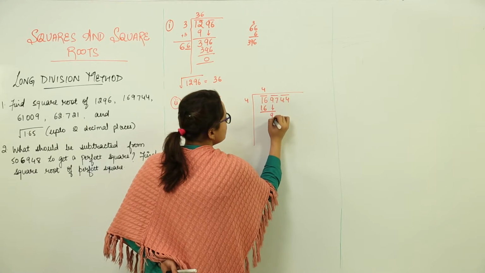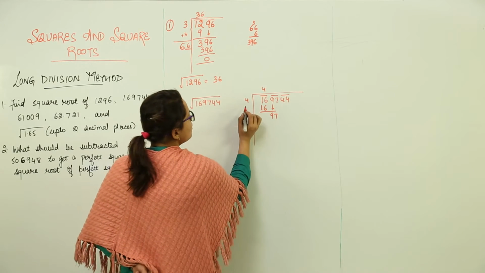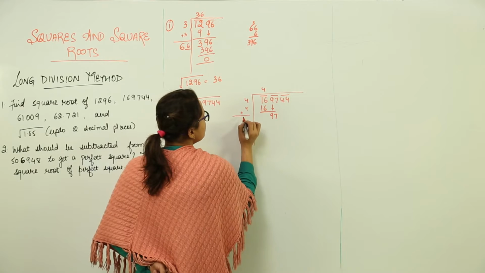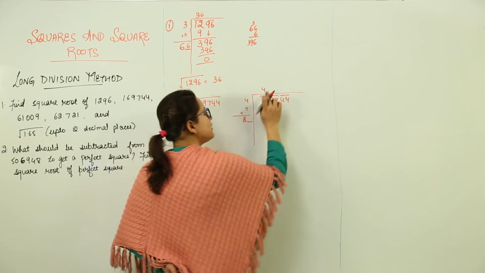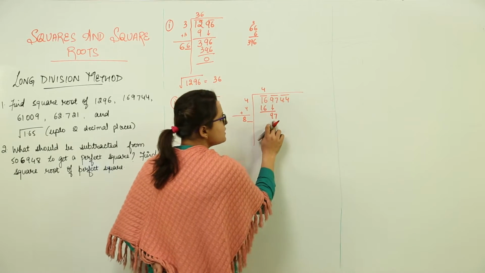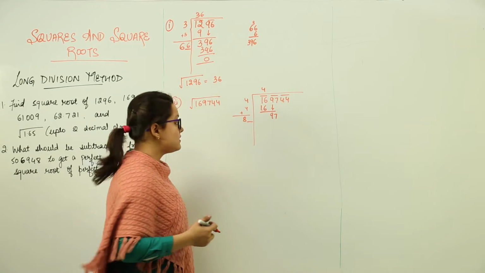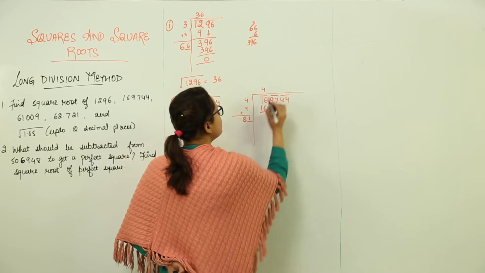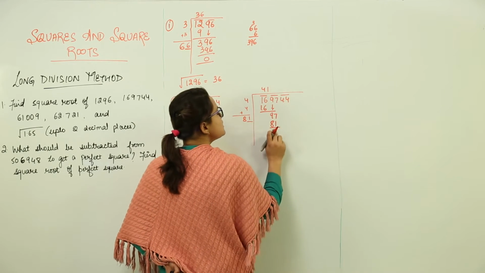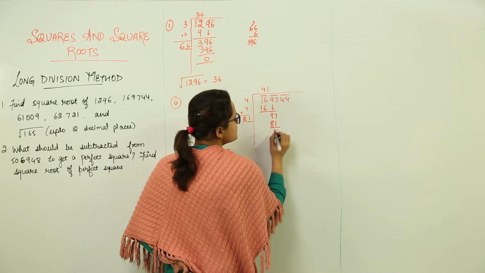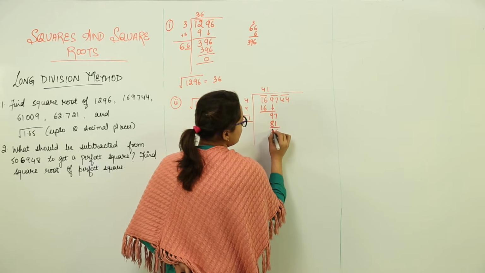Remainder is 0. We note down the next number. Now you add 4 with 4 itself. What do you get? 8. Now think of a number which would come here and here as well to give you 97 or a number less than 97. It would go with 1. So we get 81. 81 ones is 81 only. Remainder is 16 and here we get 1.